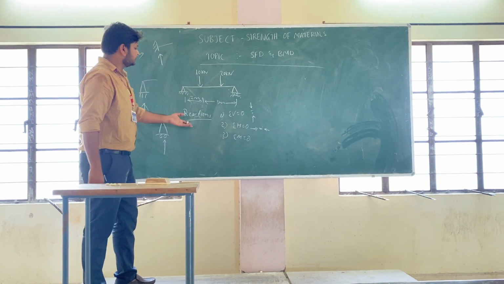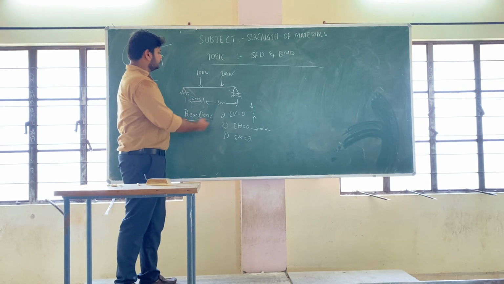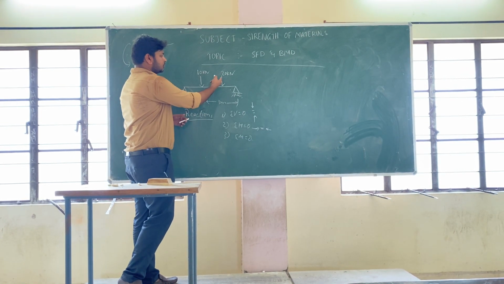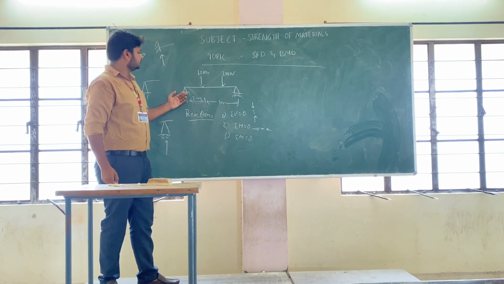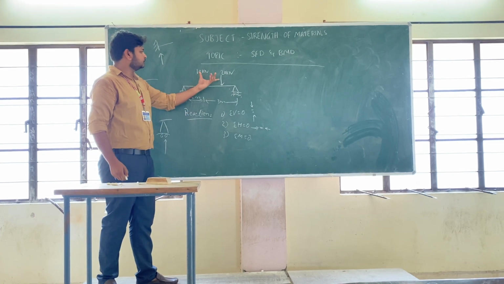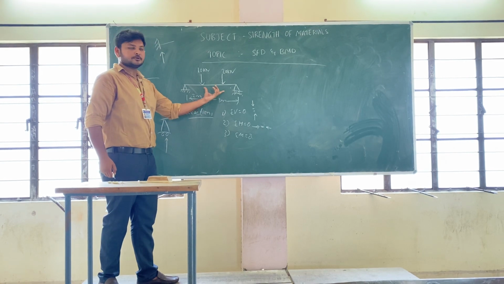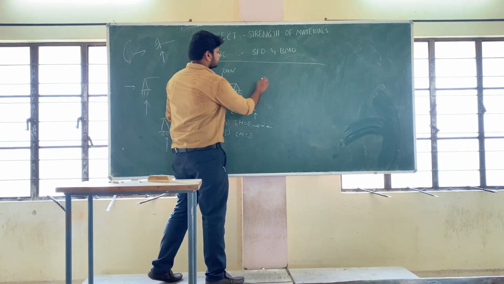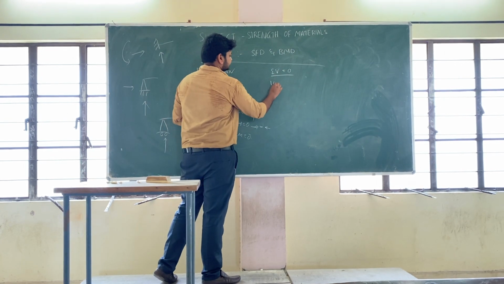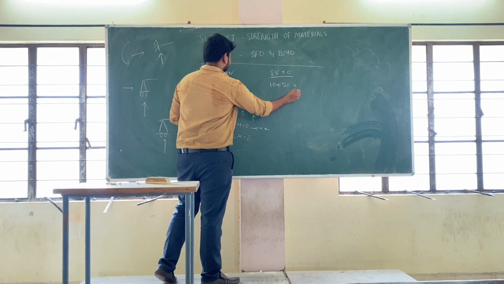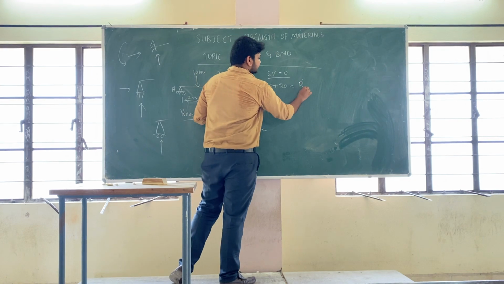So first, in finding the reactions, see how many vertical forces are there. This one is there, this one is there. To counterbalance these forces, 2 supports are present. Which ones? This one and this one. To balance these forces and make this member stable, these 2 supports have to balance these 2 loads. So summation of vertical forces is equal to 0. So here, 10 plus 20 is equal to RA plus RB, keeping this support as A and this as B.